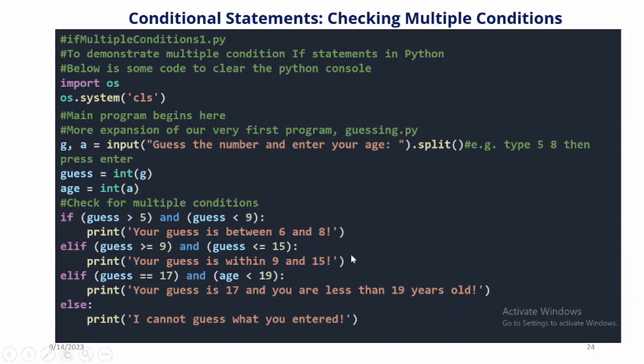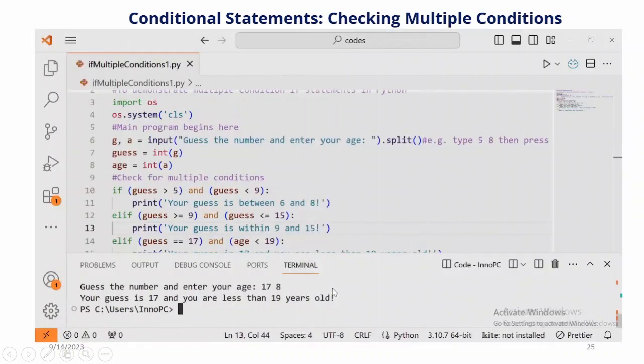So let's look at this program again. In the first if we are using guess and guess. In the second if we are using guess and guess. And in the third if we are using guess and age. So you can combine them together like that in your statement. So when we run the program, this is what it looks like.